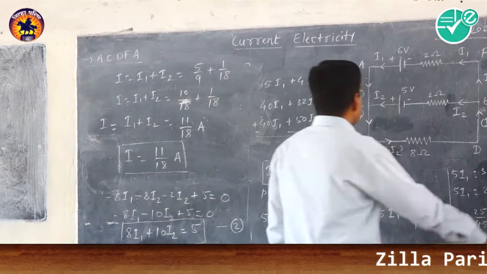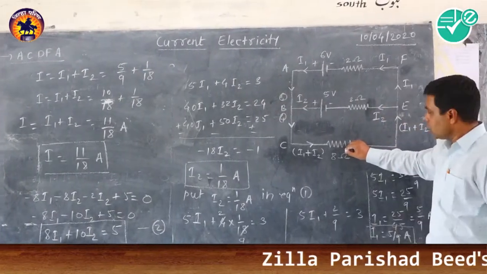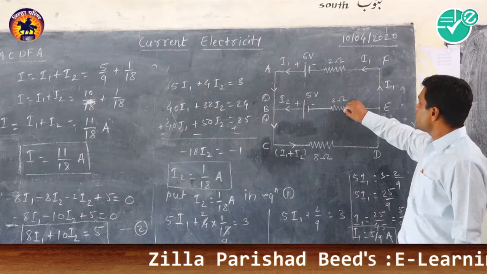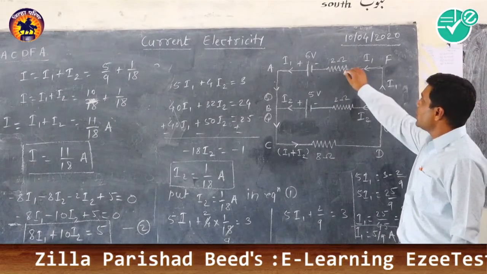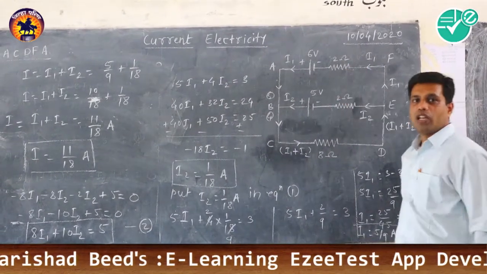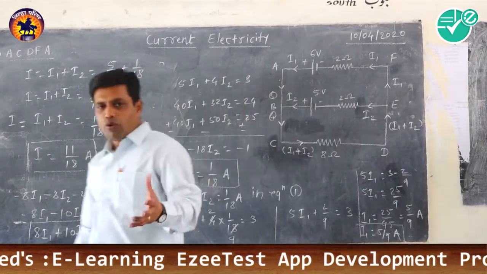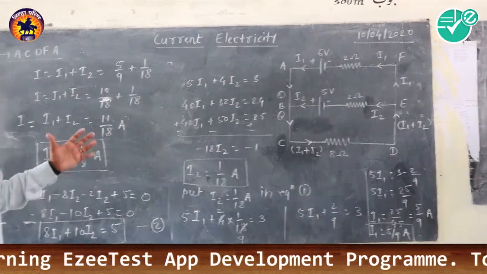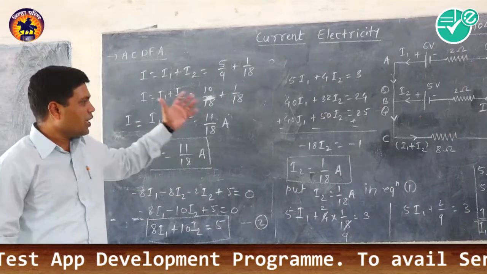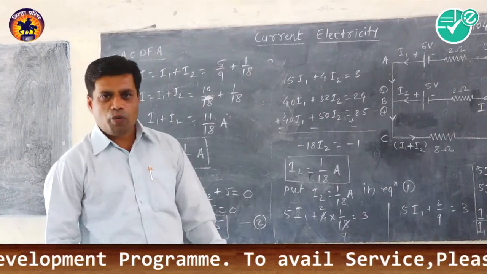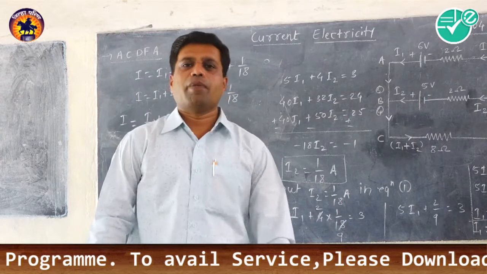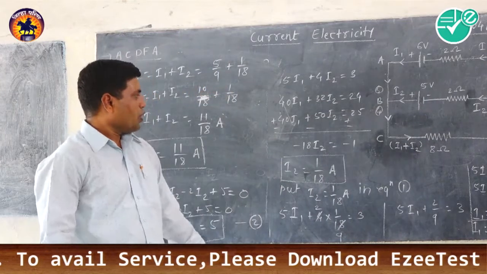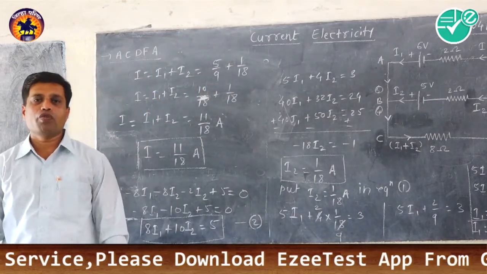You can also calculate the potential drop across the 8 ohm resistance, the 2 ohm resistance, and the internal resistances of 2 ohm. If you got a very clear idea from this numerical, then you can solve any type of problem asked in examination. So with this problem, we will move towards our next